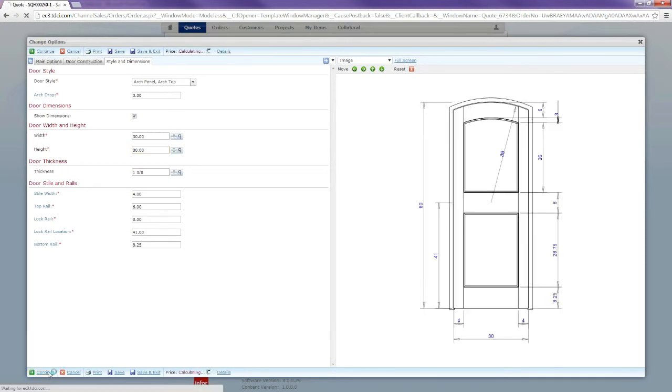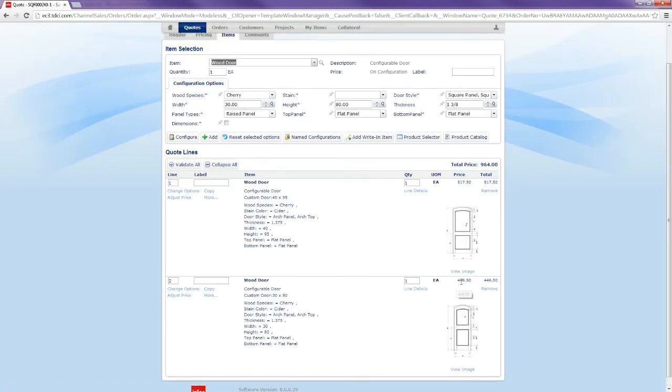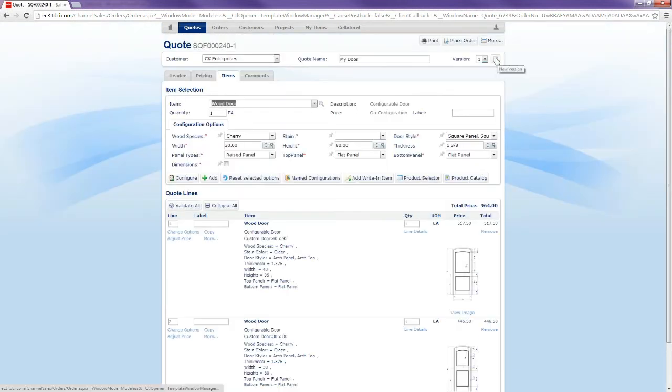So we'll change those two options. We'll hit continue and finish. And now we've got door number 2, 30 by 80. It's $446. And of course, because this does revisioning, I can now hit the plus sign to make this into quote version 2 and send the customer a proposal for version 1 versus version 2, done all within